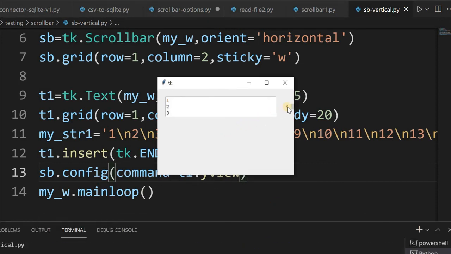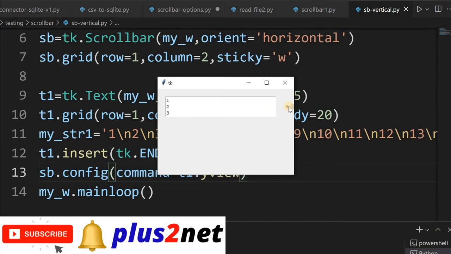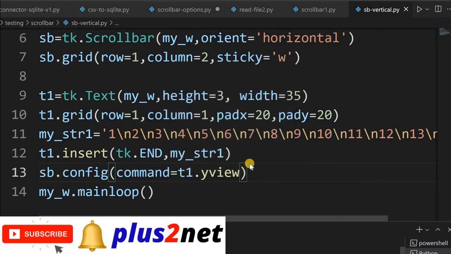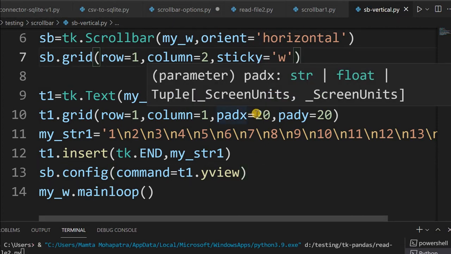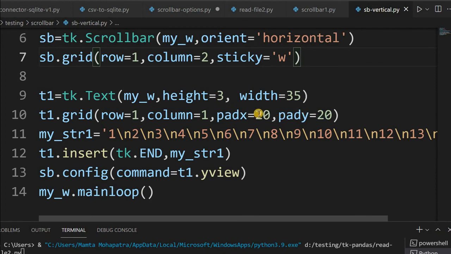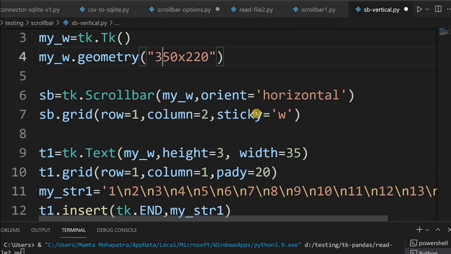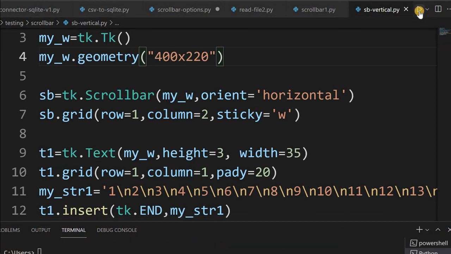Yeah, here it is. The width has gone, so I had to bring it slightly to this side. Okay, here it has gone wrong. I have used sticky. Pad x, pad y, this I will remove. Pad x, I will remove it, that is pushing it a little bit. Or I can also, what is the width, it is 350. Slightly I will increase the width, I will give it 400. Fine. Now let me run it again.